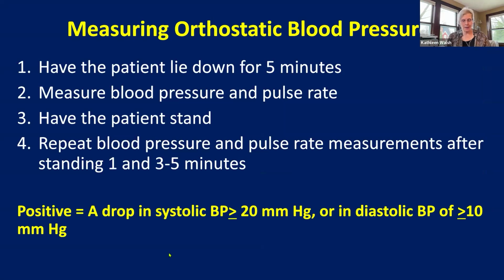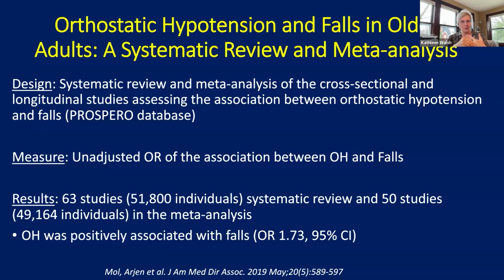So I see a lot of patients with dysautonomia, which is a wild fluctuation in the nervous system and blood pressure. And we'll have them actually lie down first. You don't have to do that, of course. You can have them sitting and stand. A positive orthostatic sign is a drop in the systolic greater than 20 or diastolic greater than 10. That is a positive orthostatic vital sign finding. So if you're going to call the provider, you say, "These are my numbers."